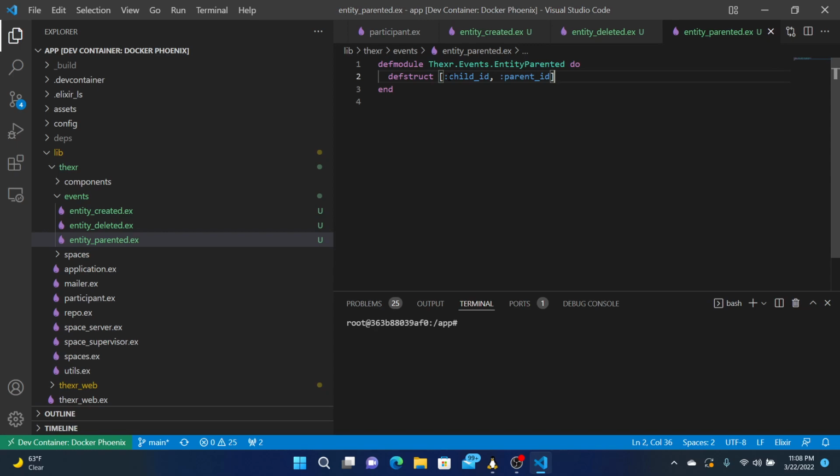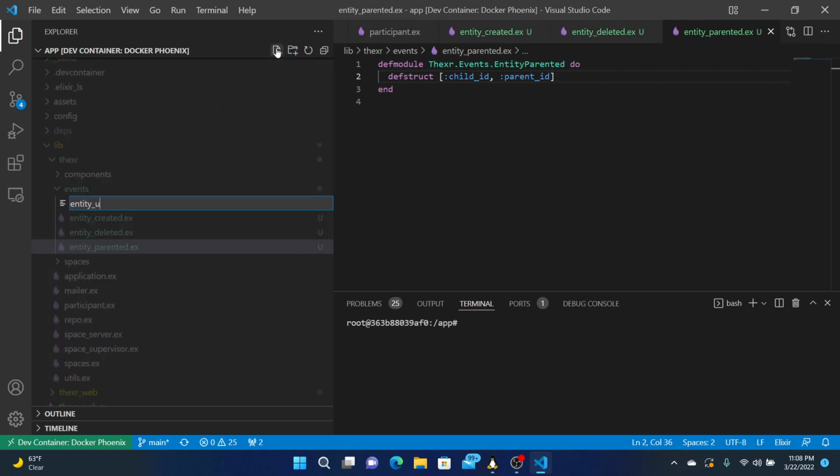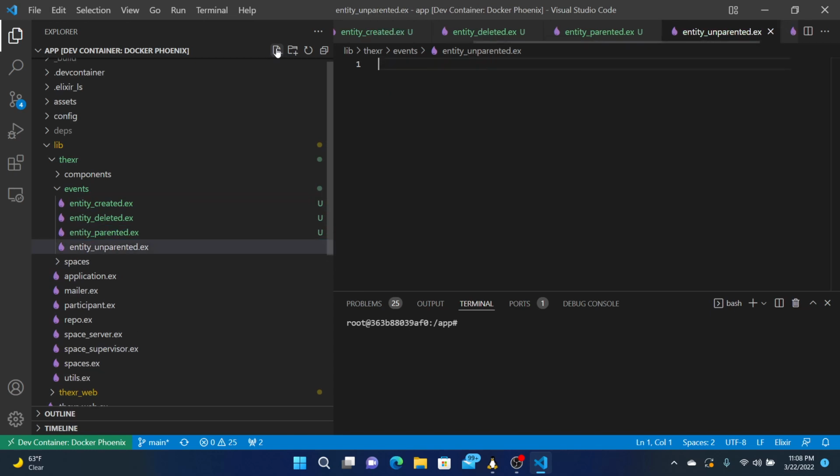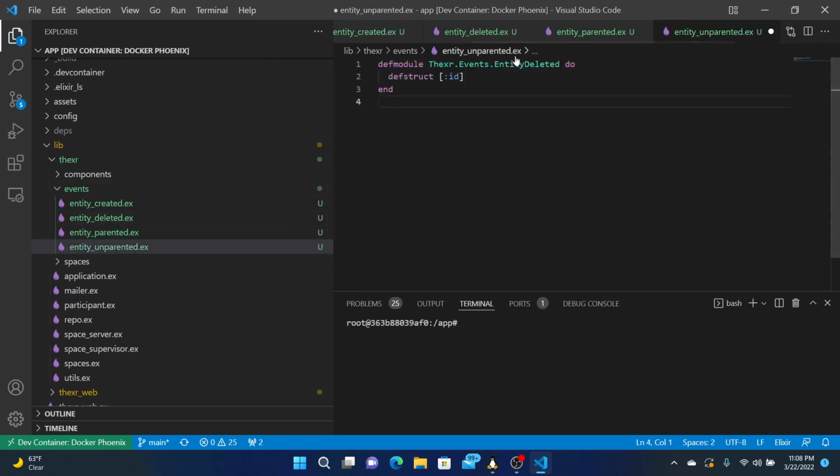Okay. What else? So that will parent, and then you can also break this relation, so you can unparent. So entity unparented. It doesn't matter who it was. You just say here's an entity and it can't have any parents.